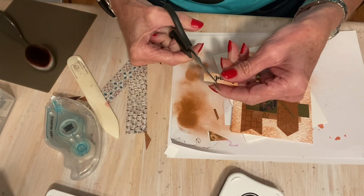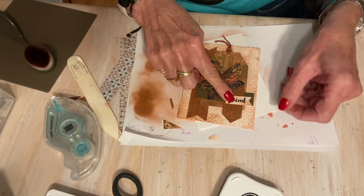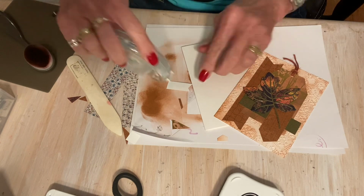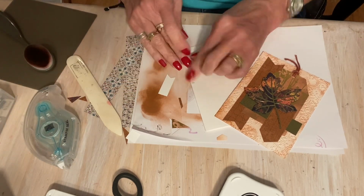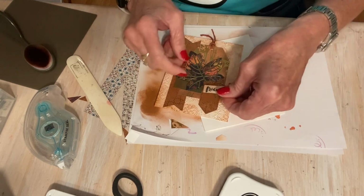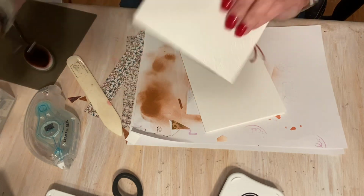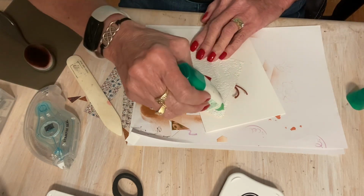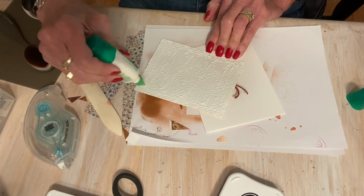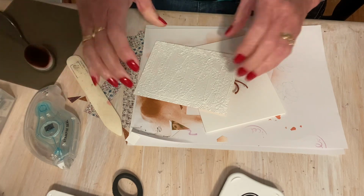I'm going to do my fishtail again because I can. Yep. I'm glad I did friend. Glue on my finger. Oh no. I want to glue on my card. Okay. So now I'm going to attach this to my card base. Should have enough glue on those corners. Okay, so